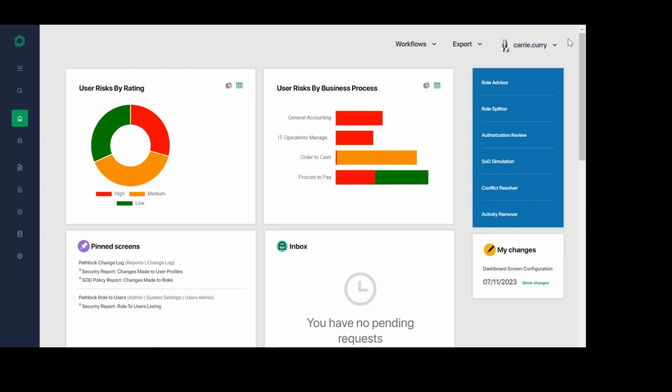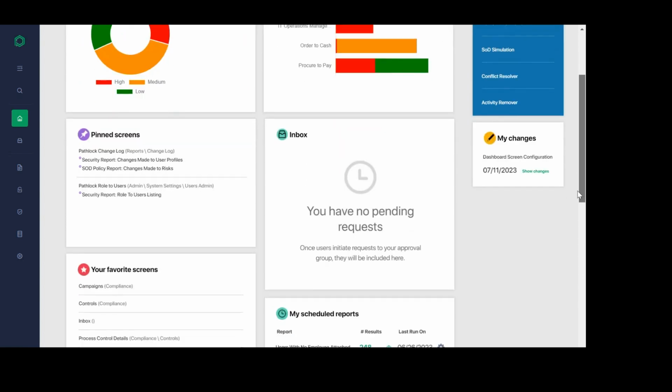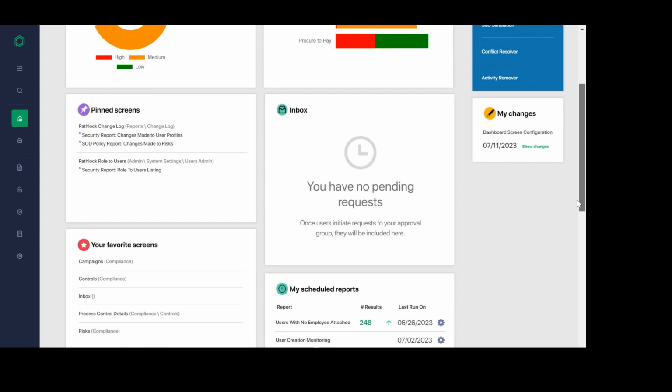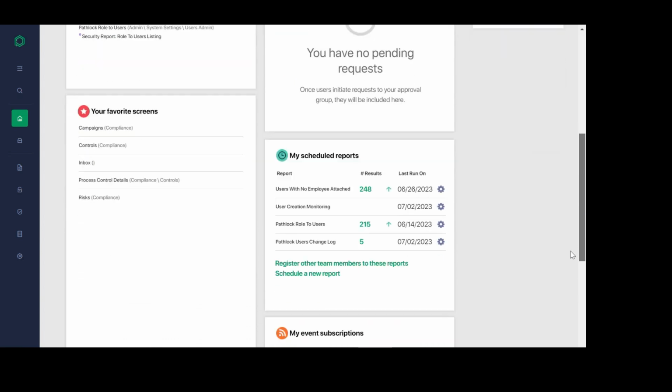Pathlock's easy-to-use home screen and menu structure allows for a streamlined user experience. On the home screen, we have the ability to pin key dashboards, reports, and screens that we would like immediate access to upon login. As seen here, we've chosen to include two different risk dashboards, our inbox of pending items. And if we scroll down, we additionally have tagged a few favorite screens and have a running list of scheduled